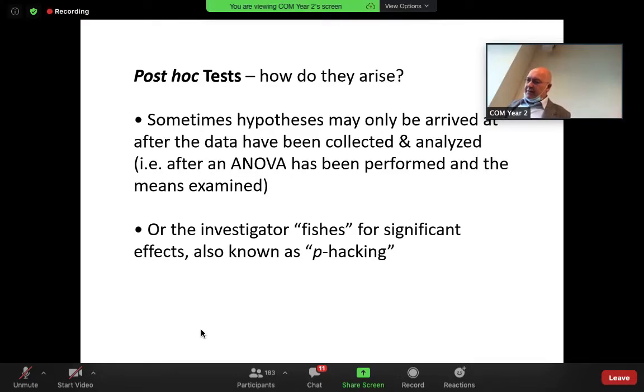Or the investigator fishes around for significant effects. This is known now as p-hacking. So basically, you just do all the comparisons you can, okay? And there are people that do this. They've got a lot of data, they've got a lot of variables, and basically they just do any test they can think of, and they suddenly find p-values. Of course, they're going to find p-values less than 0.05. Then they write it up, and they think, post hoc, afterwards, why is it that these two variables are correlated, or why is there a difference between these two groups? And any justification can come up and be credible, and then you publish it.